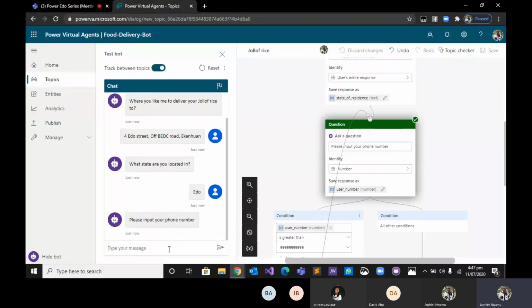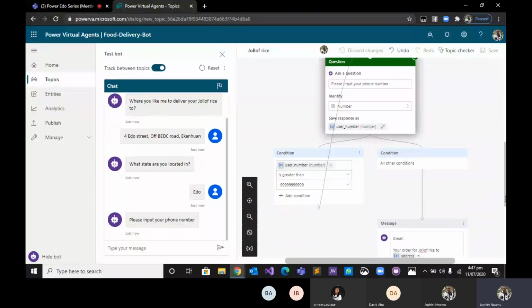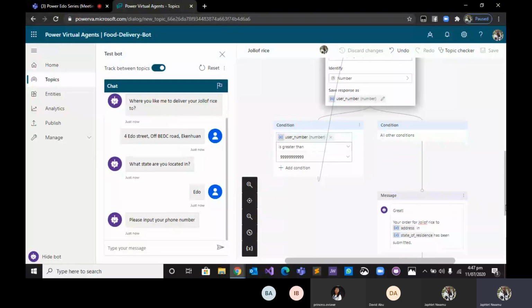Great. So now we're going to input a 12-digit number. Remember, in Nigeria our phone numbers start with 0907, and it doesn't take note of the zero in front of it. So it starts counting from the number after the zero.